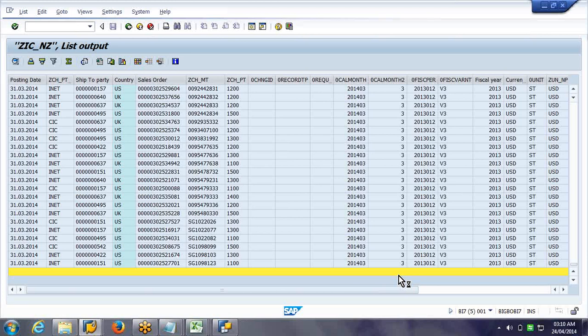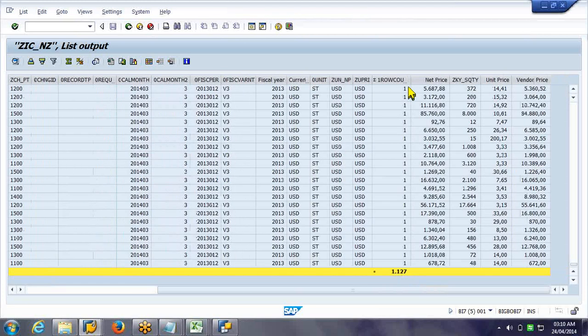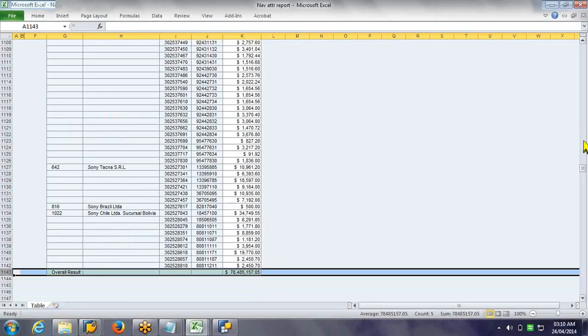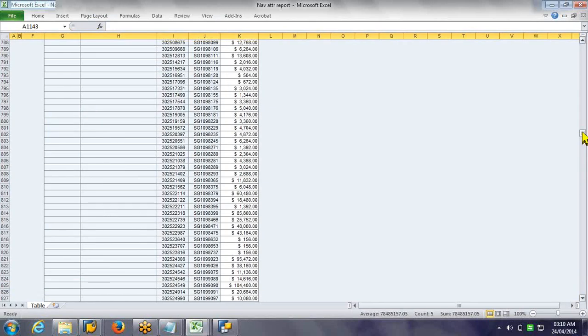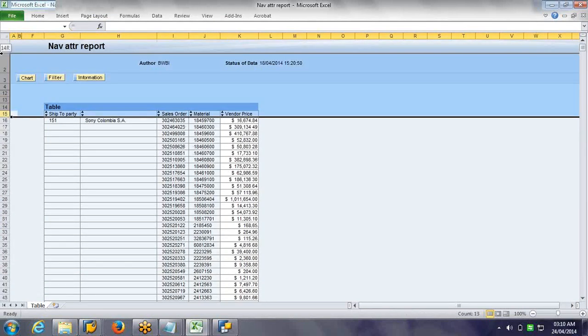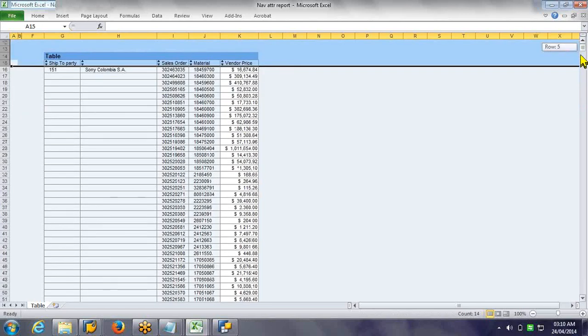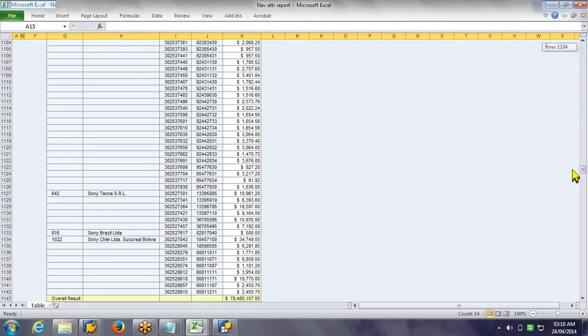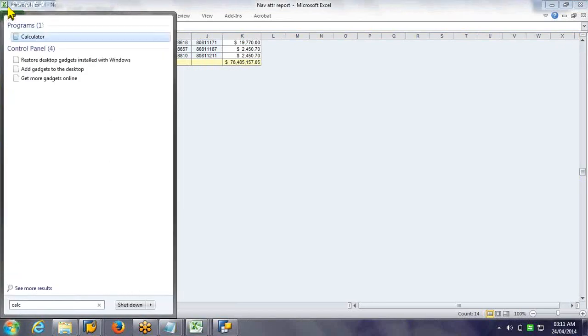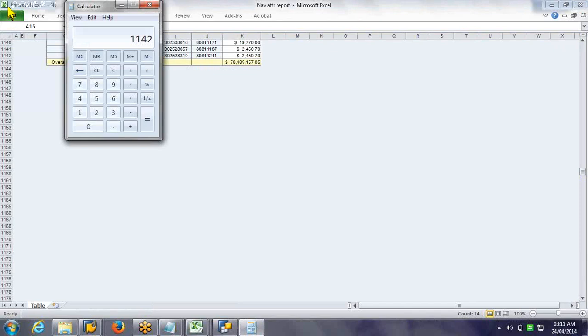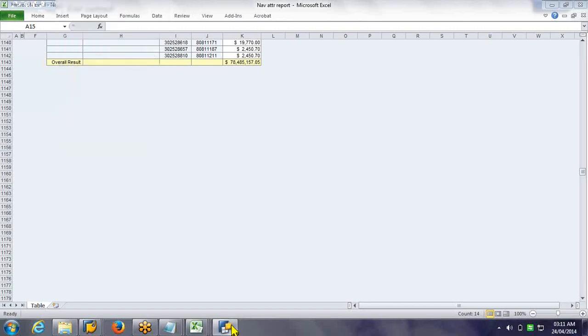There are 1,127 entries, so even in our output there are that many entries. If you remove the initial 13 to 15 rows for the header and other things, 15 minus 1,142, it's the same thing, right? Minus 15, 1,127. So it is bringing the entire data.